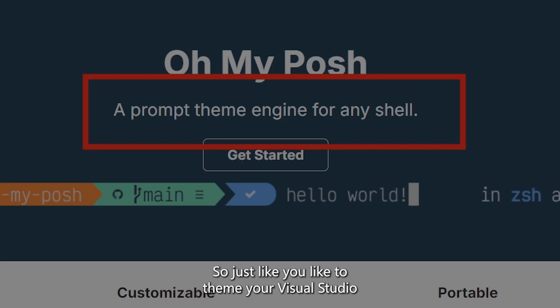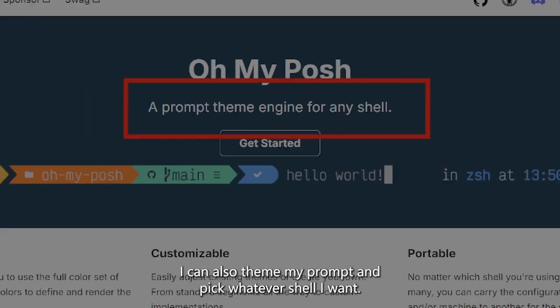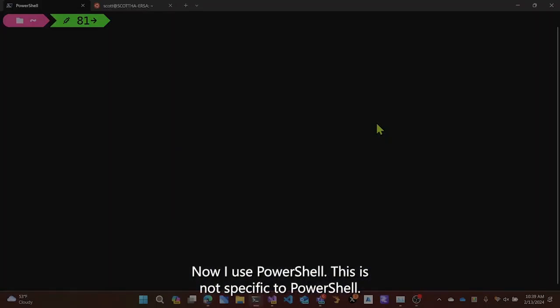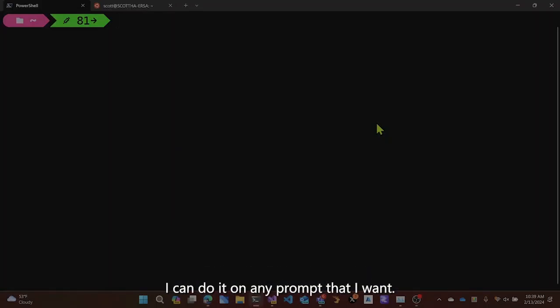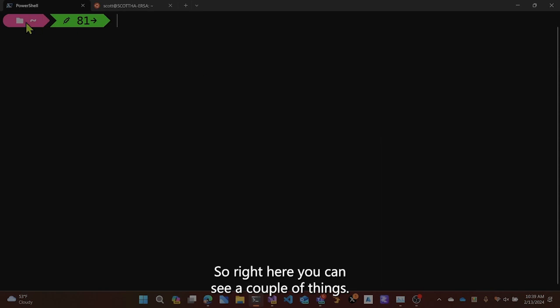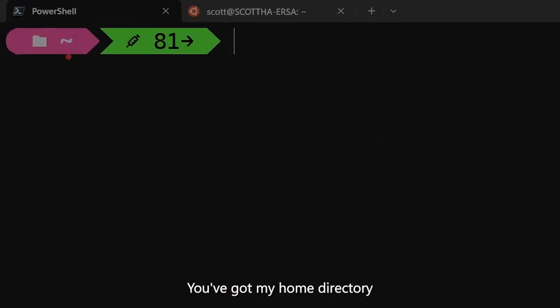So just like you like to theme your Visual Studio to look the way that you want it to look, I've done that with my Beyonce theme. I can also theme my prompt and pick whatever shell I want. Now I use PowerShell, but this is not specific to PowerShell. I can do it on any prompt that I want. So right here you can see a couple of things. You've got my home directory,